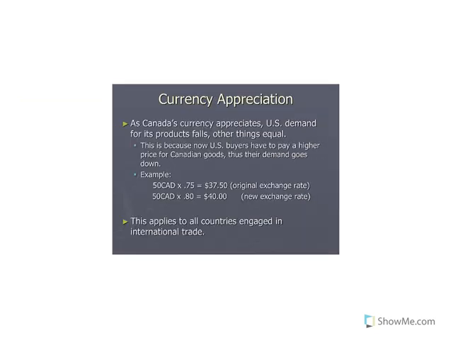Let's look at our previous example to see how that change in exchange rate would actually alter the price that we paid for that original item that we wanted to buy on eBay. So originally we said the sweater was 50 Canadian dollars. The exchange rate was 75 cents, so it would ultimately cost us $37.50. If the Canadian dollar is now appreciating and our exchange rate is now 80 cents, notice that makes that sweater more expensive now. Rather than the price only being $37.50 in US dollars, it's now equivalent to $40 in